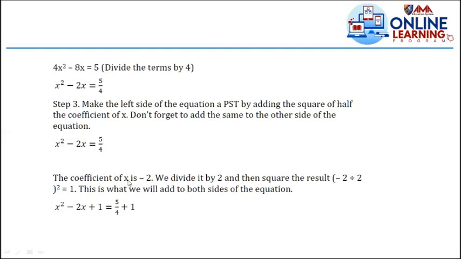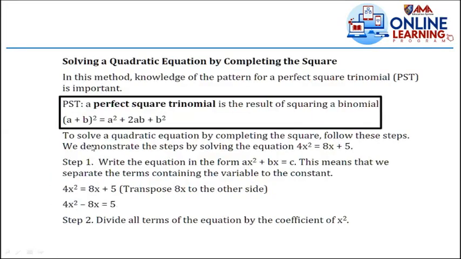The coefficient of x is equal to negative 2. We divide it by 2 and then square the result. So we have negative 2 divided by 2 and then squared. The answer is 1. So ganun po yung pag-ano ng coefficient, no? Negative 2 divided by 2 and then squared po siya para makuha po natin yung pangat